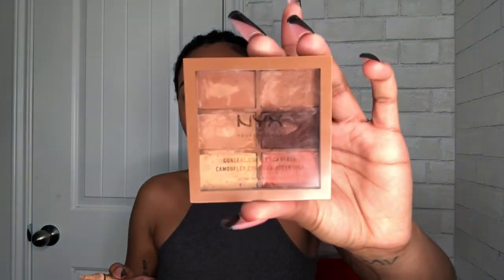So now that that's blended, I like to go in with my contour color, and this is the NYX Concealer Correct Contour Palette. And then I'll go in with my lighter shade, because if you look, it's light, but it's not light. So I'll go in with a sort of lighter color under the eyes. Okay, so this is not the brush to be using, y'all. It's okay though. I could not find my contour brush,